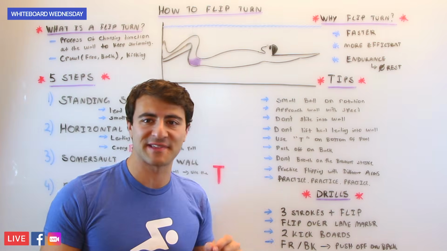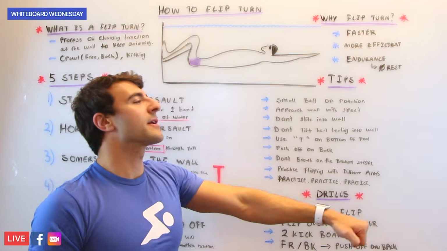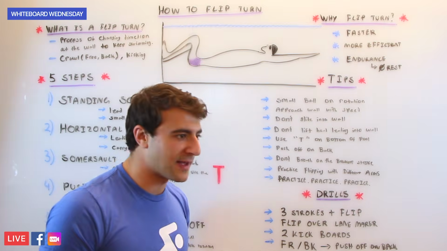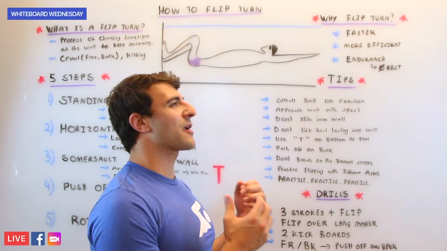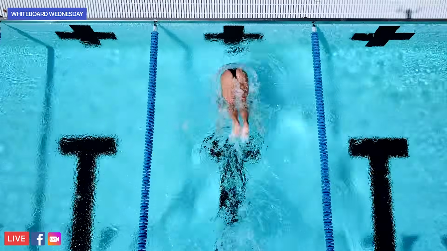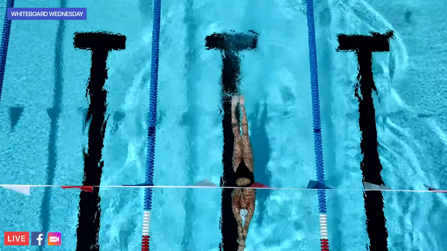A lot of swimmers make the mistake of coming into the wall, getting a big breath, and then flipping. You get a lot of oxygen, but you slow down all of your speed and you make it a lot harder to actually carry momentum into the turn because you took that oxygen.